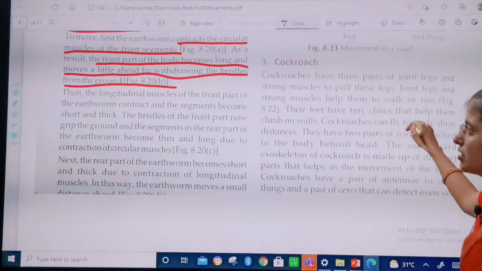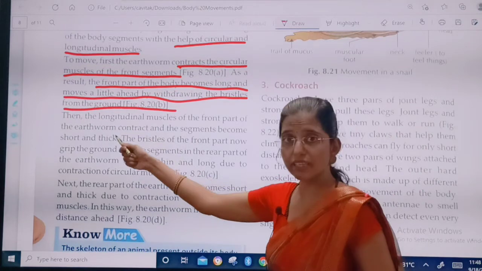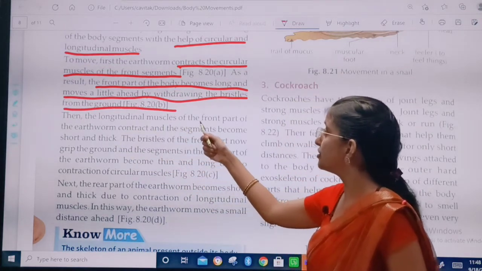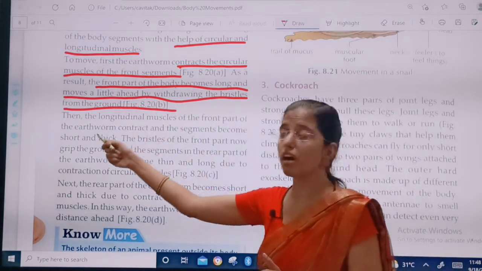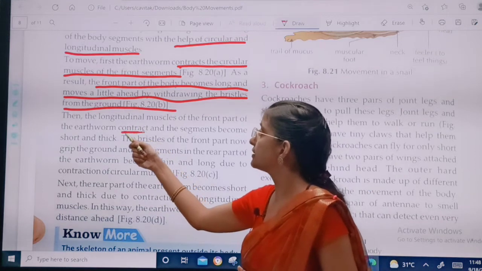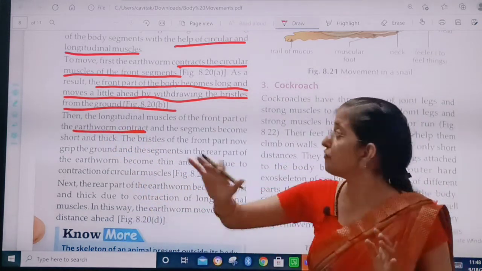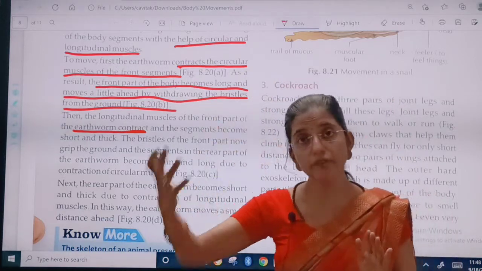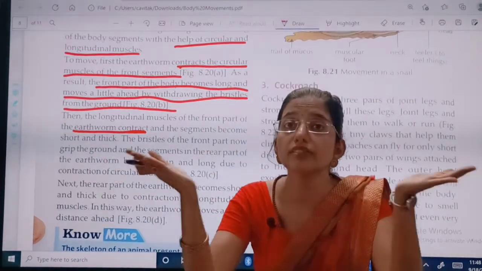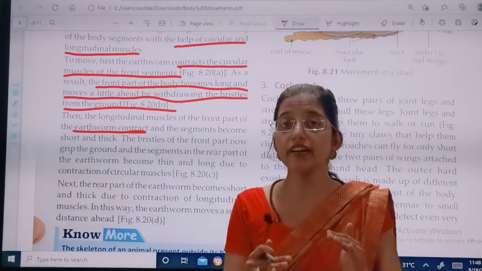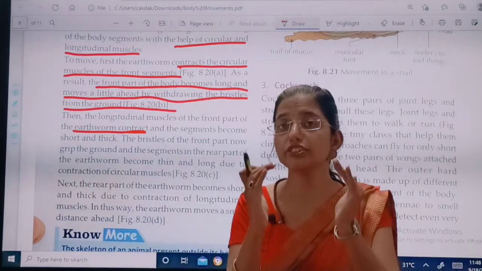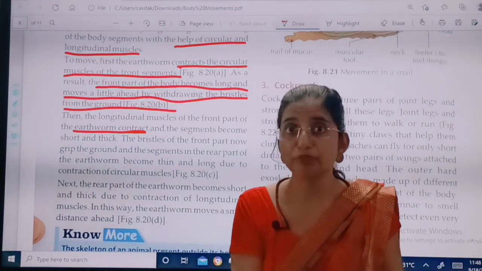Now the longitudinal muscles of the front part of the earthworm contract. Then what happens? When the longitudinal muscles of the front part contract,